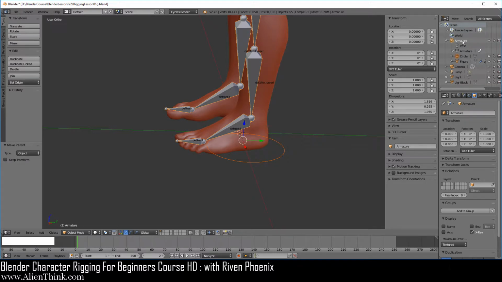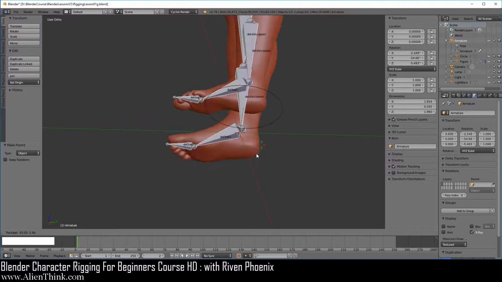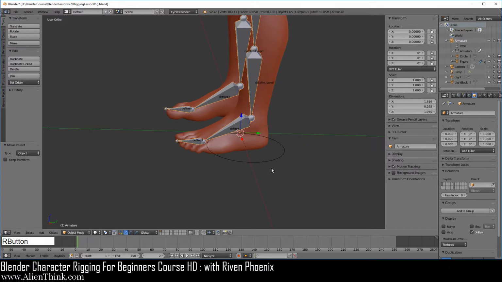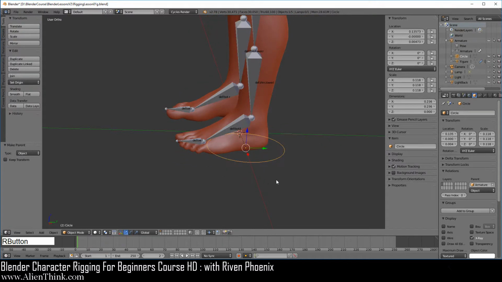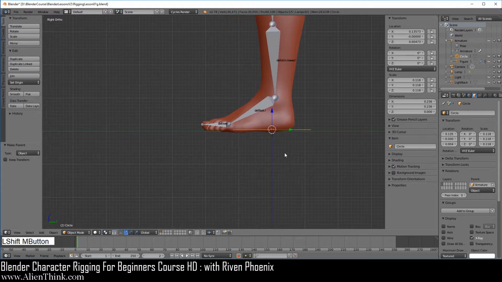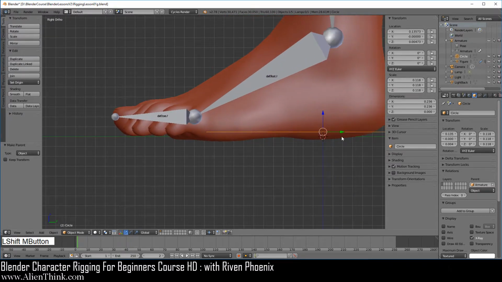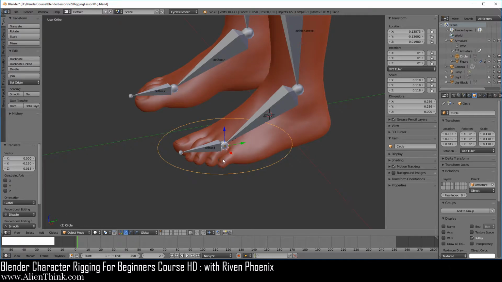So this means that when we click on the armature in object mode, when we press the R key 2 times, this plane is always going to move with it. Okay, now go ahead and click this, press the 3 key. So what I want you to do is press the G key and move this right over here where the head is. So this is basically what's going on.